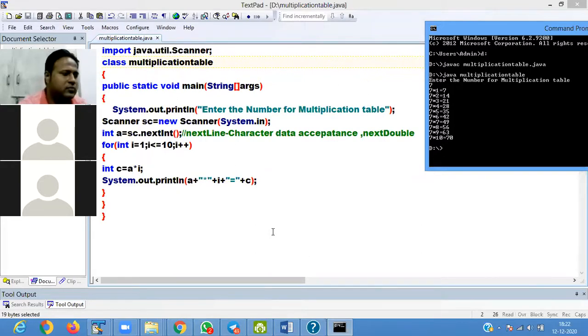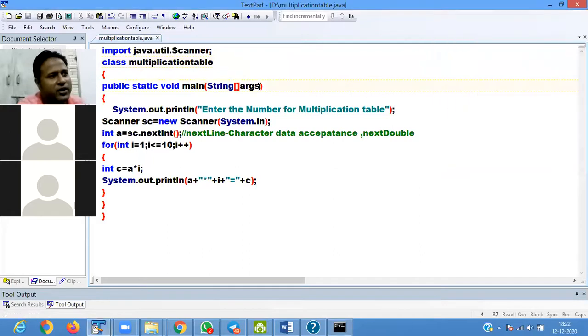Sir, inside the static void main method, if String[] args is not written, will the program run? No, it will not run. So you have to completely write String args, but the args name can be changed. In the place of args is a variable name. You can give any kind of name in the place of args. Args is a variable name.